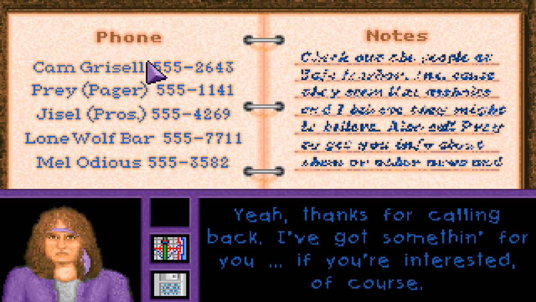Also, purple text is always Blackstar. Every character has a unique text color.